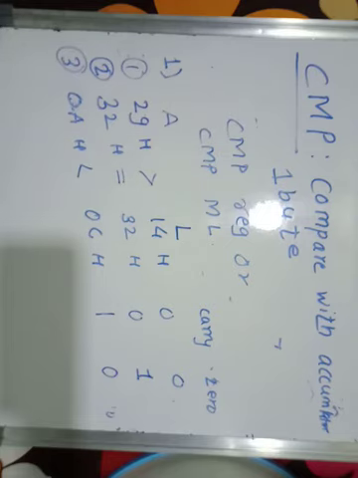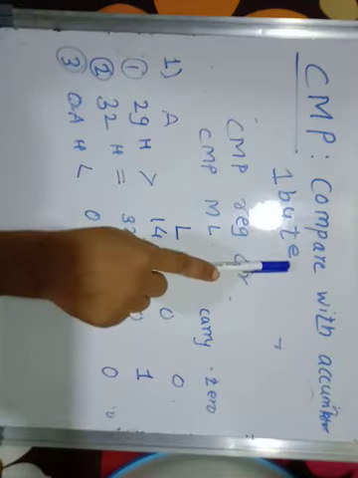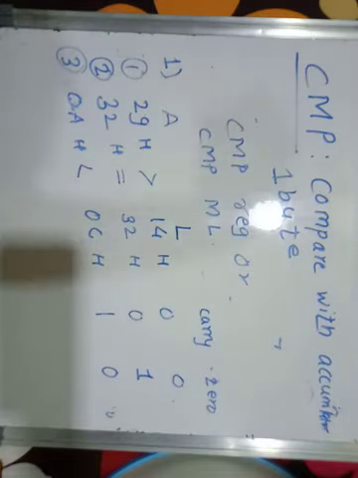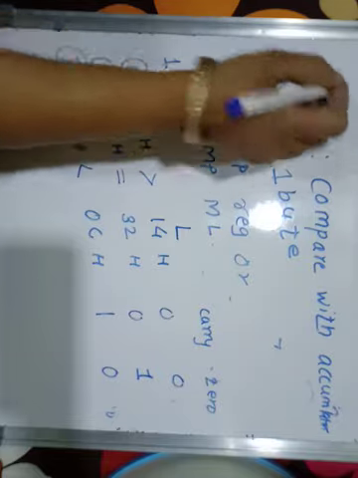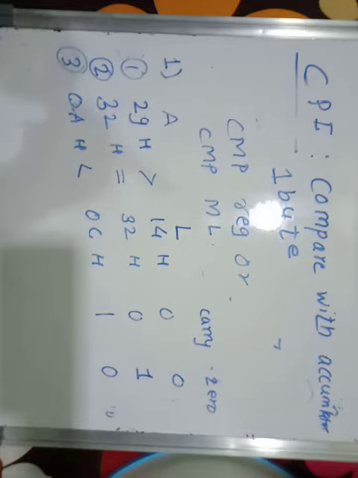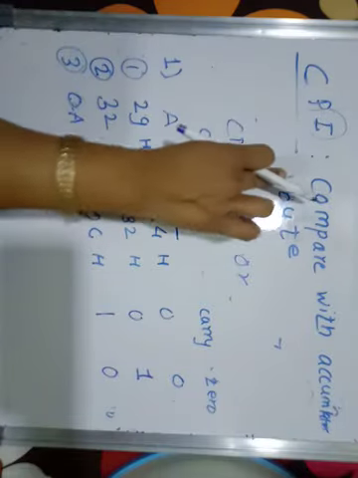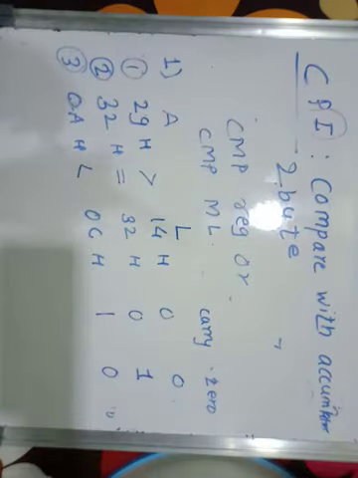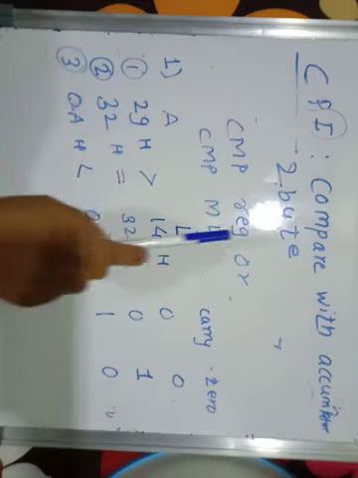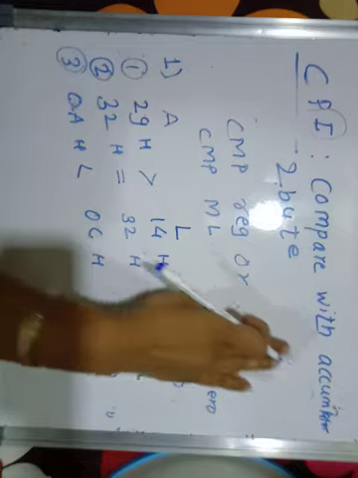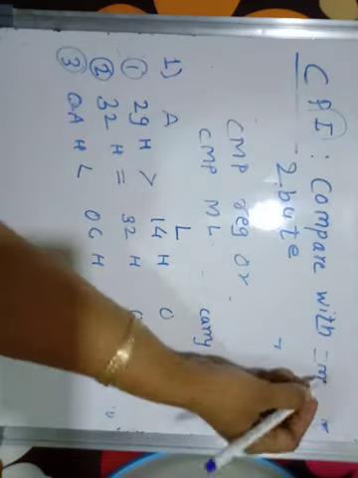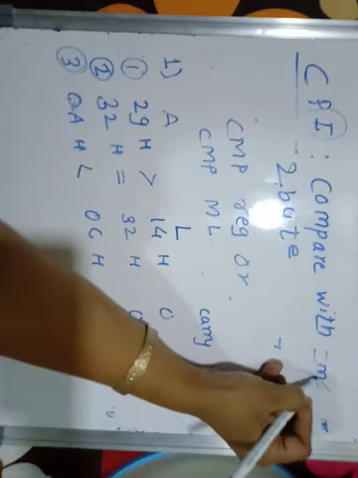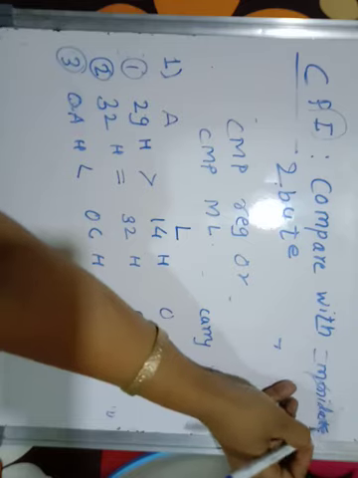Now the next comparison instruction. So it is a 1 byte instruction. Now if in compare there is a 2 byte instruction, what will it be? It's the CPI. So if it is CPI, here we have the I. So this is nothing but the 2 byte instruction. Means compare the content of accumulator with the immediate data. The immediate data is given to you, and your data is compared with it.